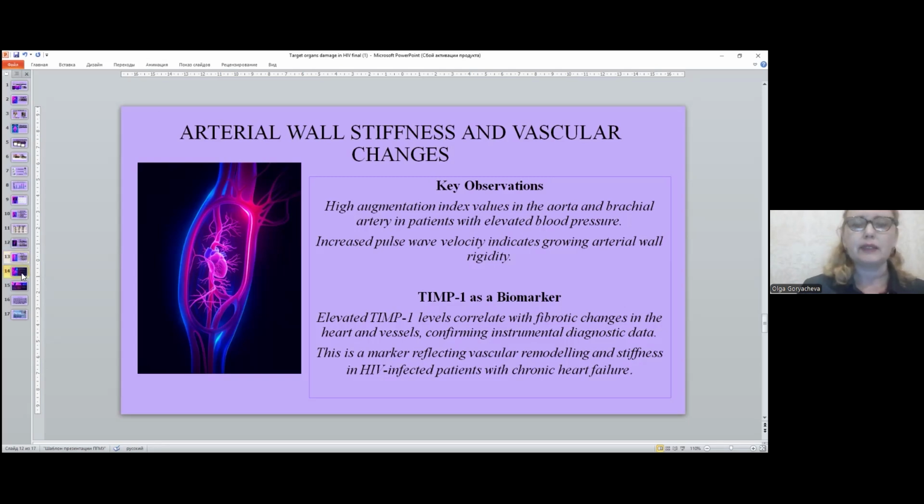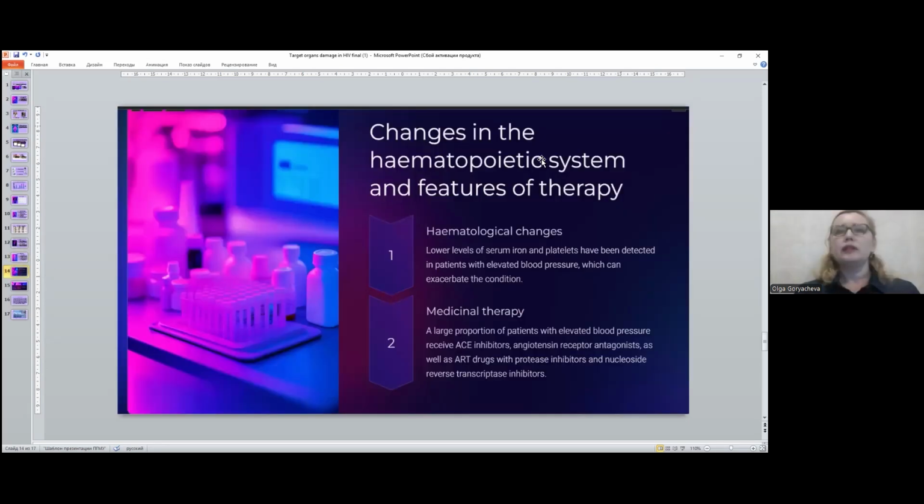And next, please. Changes in hematopoietic system and features of therapy. Very briefly, I described in one slide that hemopathological changes are present in low platelets. Serum iron in some groups was low, but in some groups higher, totally a little higher, but a lot of patients with low serum iron were revealed too, as a marker of bone marrow injury. And also, dear